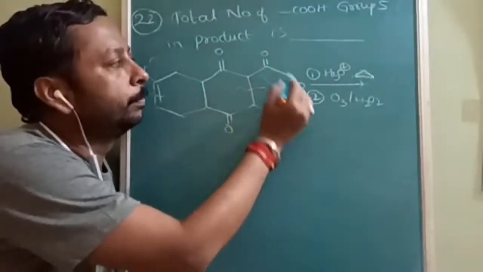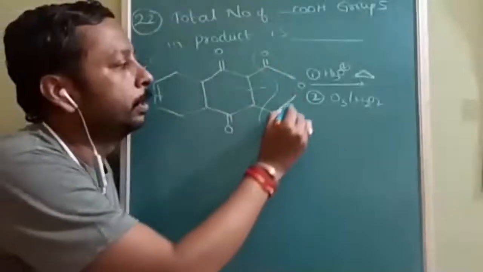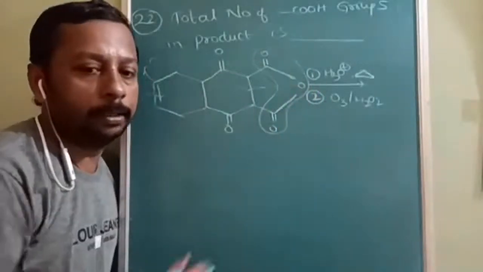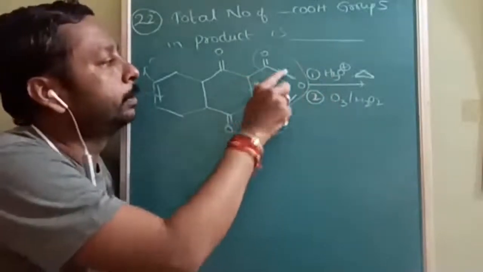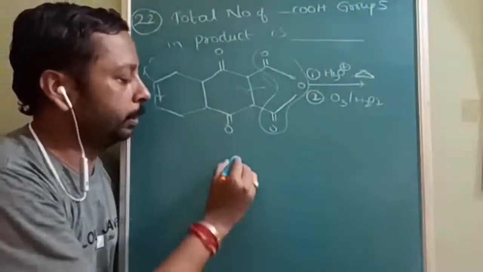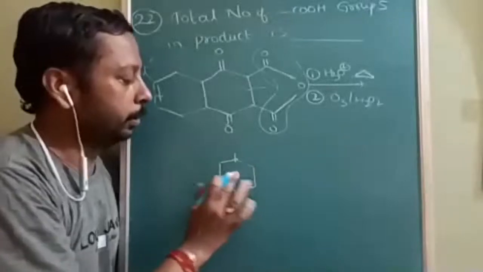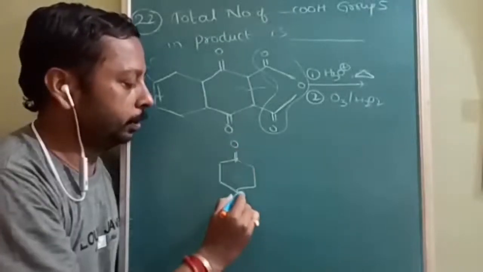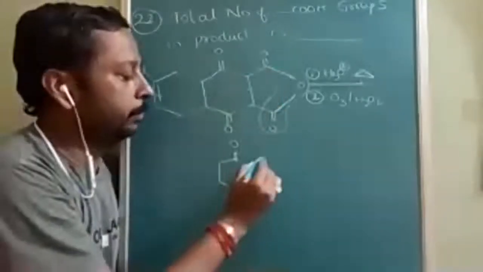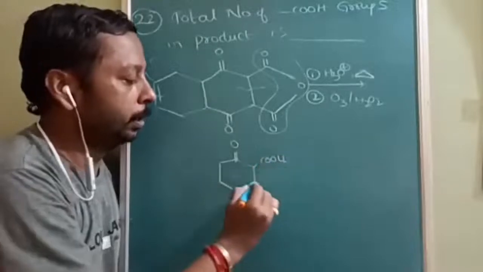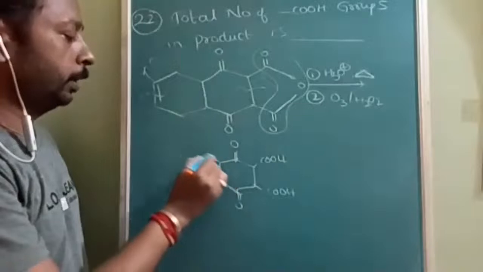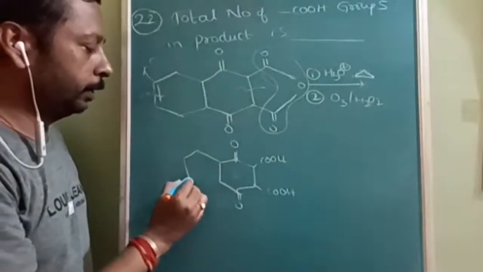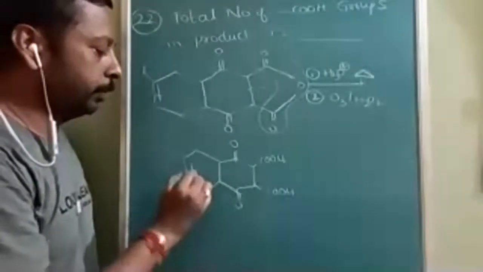See, this is simply an acidic anhydride. What is it? Acidic anhydride. When it is hydrolyzed, this will become a COOH group. This part I am clearly writing here. Sorry, not benzene then, this is COOH. This part will be converted to COOH, and this part will be converted to COOH. And this part is going to be the very same.